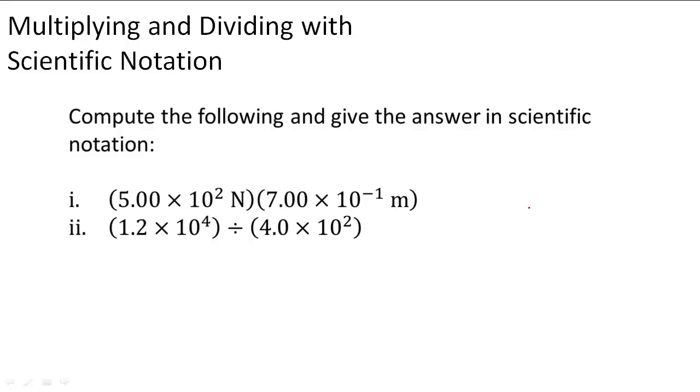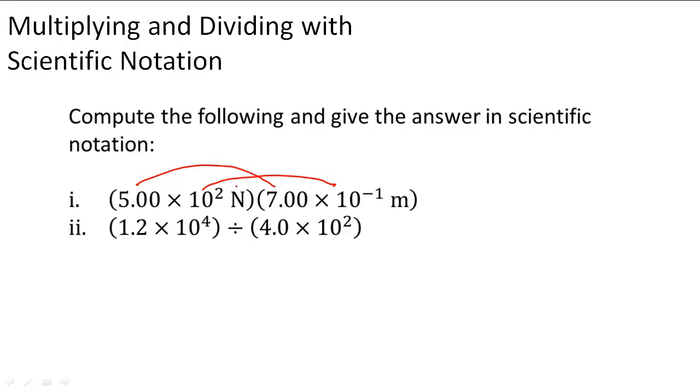Multiplying and dividing with scientific notation. In this problem it says compute the following and give the answer in scientific notation. In the first problem we have multiplication. So when we have multiplication, what we do is multiply these first numbers together, and then we multiply the